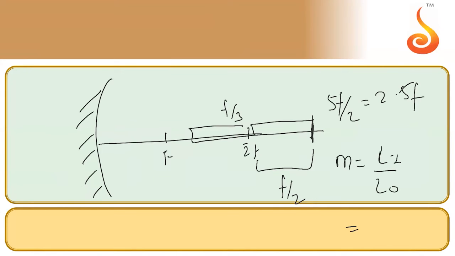Do you also agree with me that the image appears to be flipped around by 180 degrees? What was on the left has come to the right. Is it an inversion, a longitudinal inversion? So I will write a minus sign. What is the length of the image equal to f/2? What is the length of the object equal to f/3? So what is my final answer equal to minus 3/2?